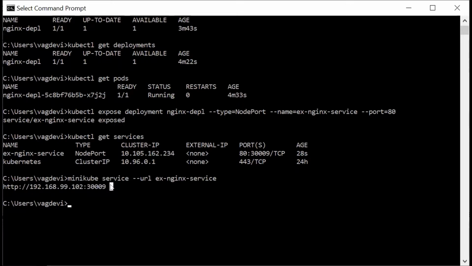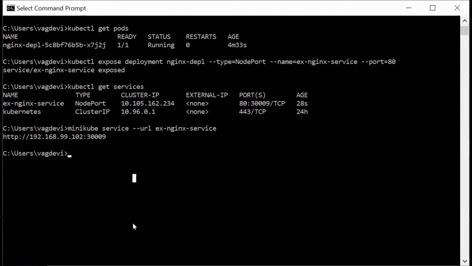Let us understand what this URL means. Basically, this URL is nothing but the IP of the Minikube, which is this, with the port this. This is nothing but the node port exposed, which we have discussed previously. So using this port on this IP address of the Minikube, we could access this application in our browser or curl command.